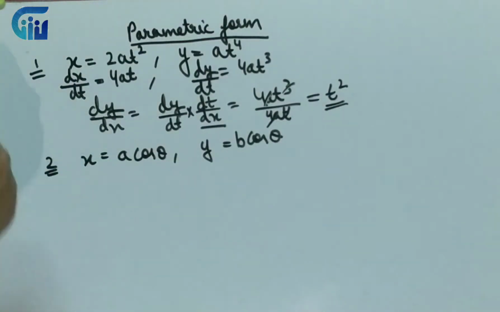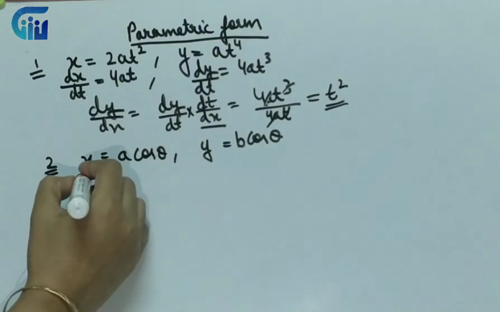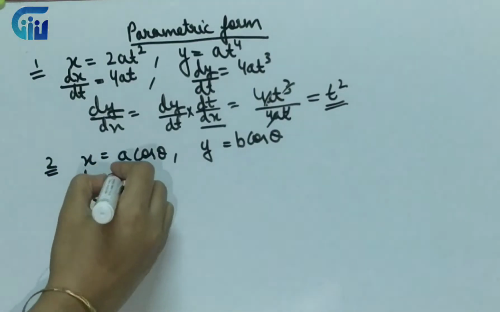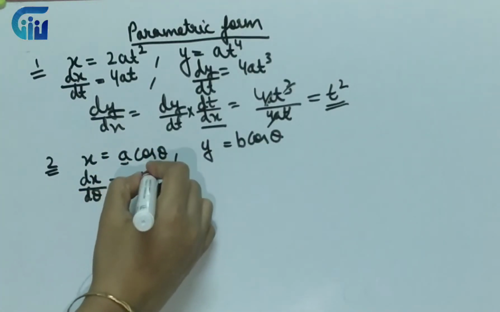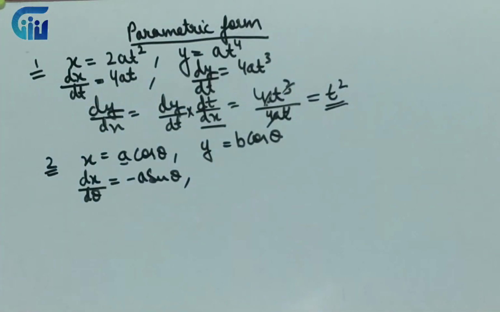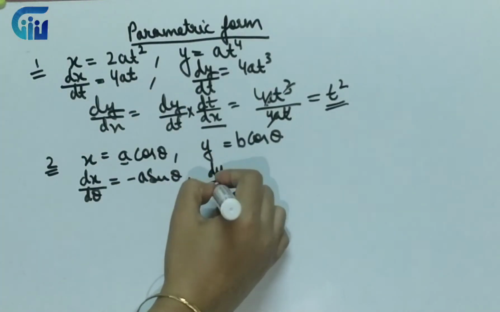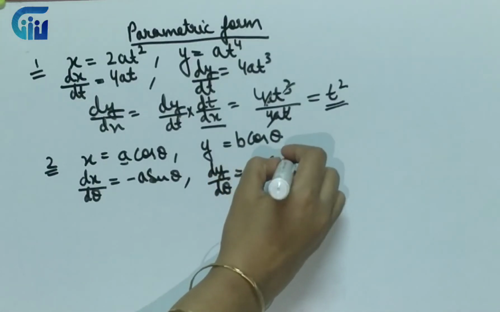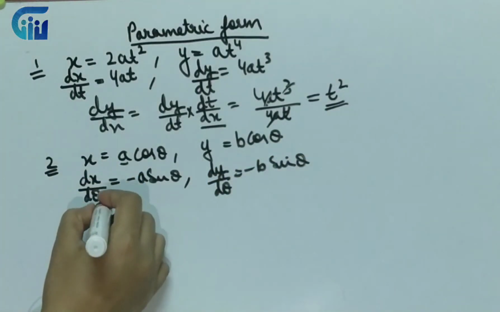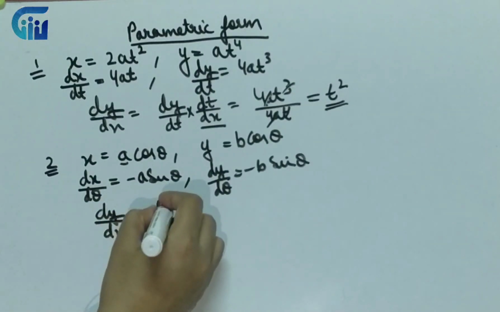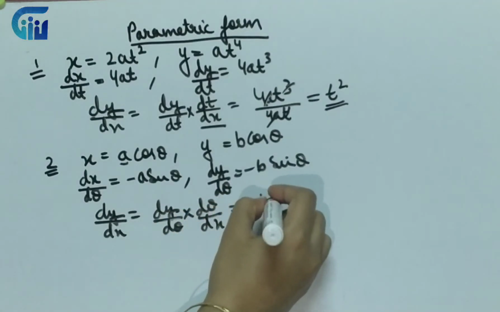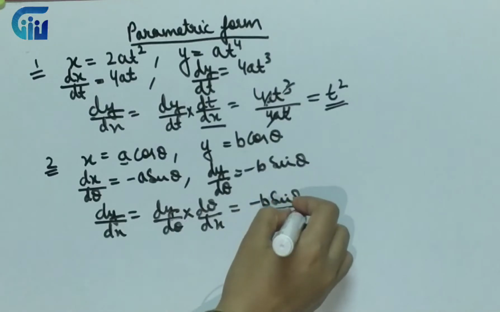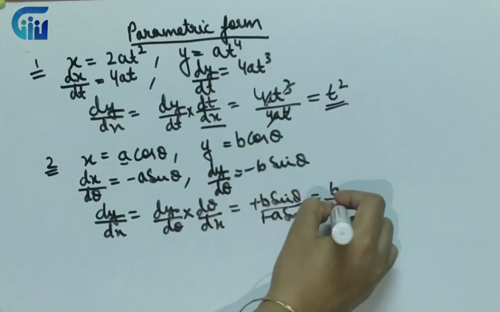Now next, question 2. These are the questions of exercise 5.6 NCERT. So next, x is equal to a cos theta. Again it is expressed in terms of theta, so I will find dx by d theta. Here a is a constant, so a will be as it is. The derivative of cos theta will be minus sine theta, because d theta by d theta will be 1. Over here it is dy by d theta, so it is minus b sine theta, d theta by d theta being 1. So dy by dx will come out as dy by d theta into d theta by dx. So I have minus b sine theta upon minus a sine theta. So this will be b upon a.